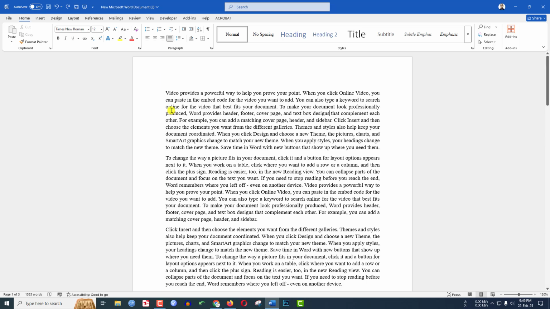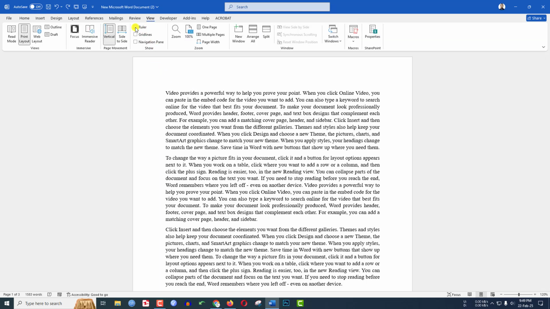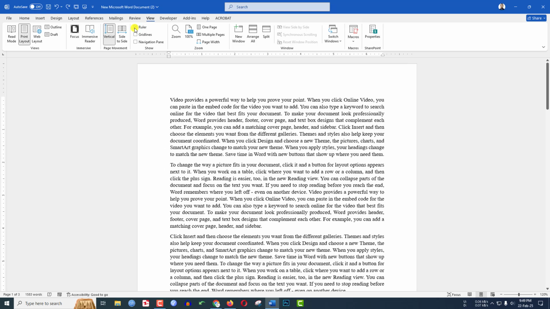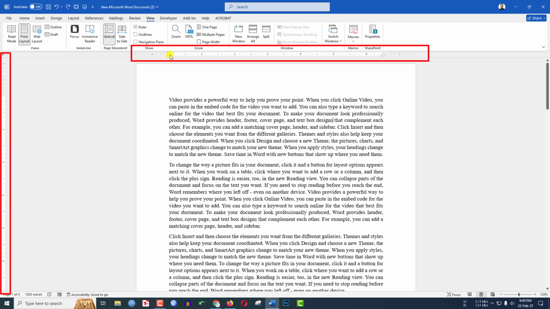In this video, we are going to learn how to insert a ruler in Microsoft Word. To insert the ruler, go to View. You will find an option Ruler, just click on it over here and you will see a ruler has been